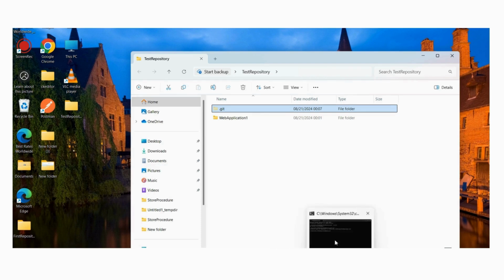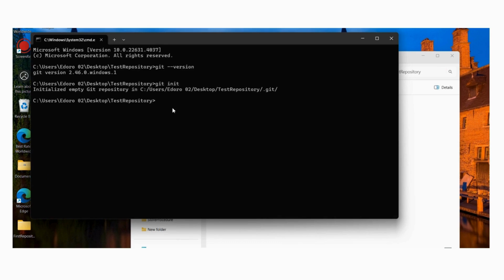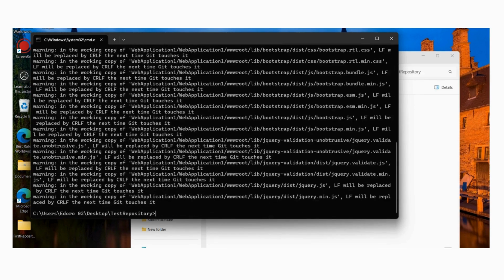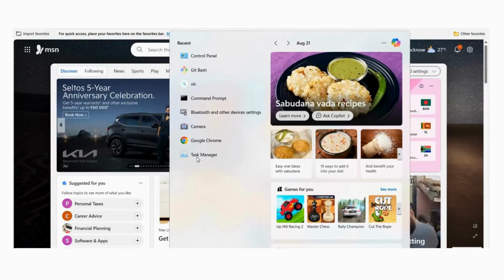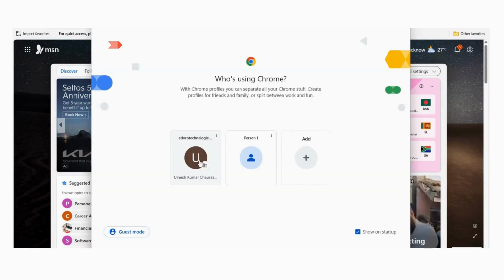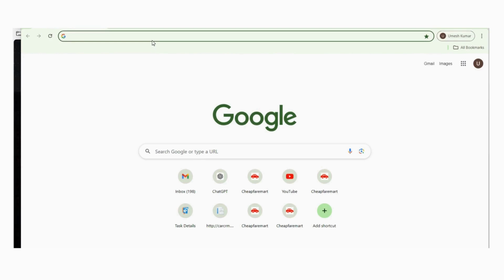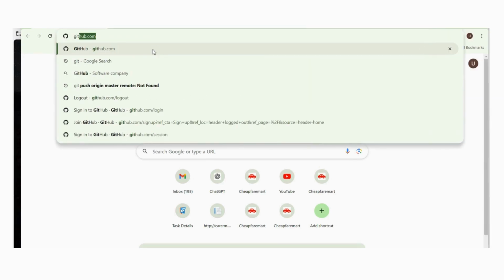Now enter the command git add. Use the third command from your GitHub repository. Just log in.